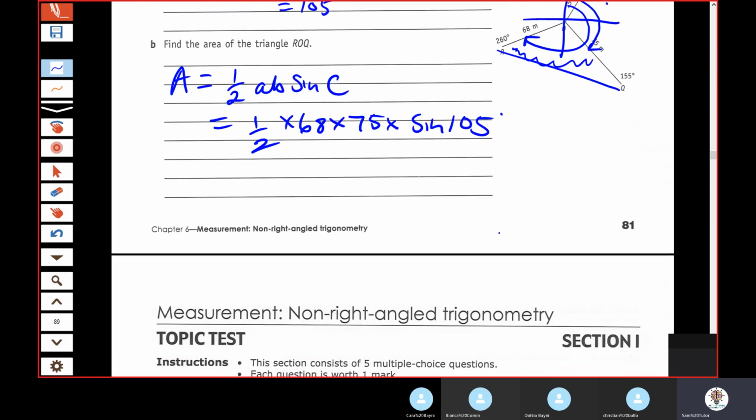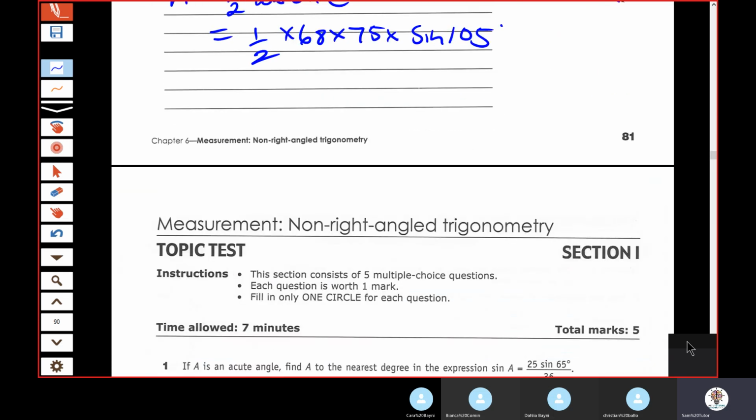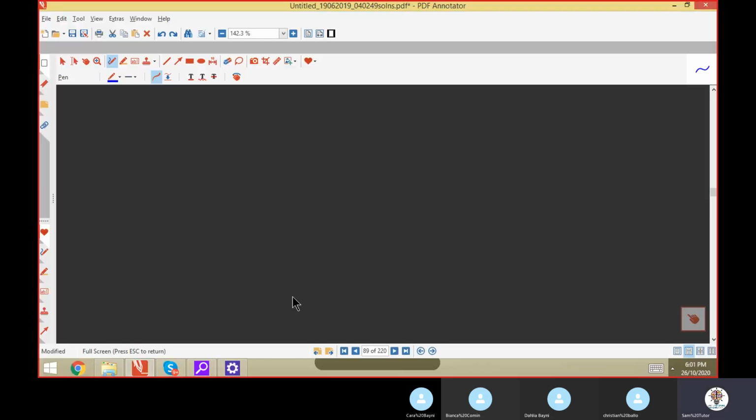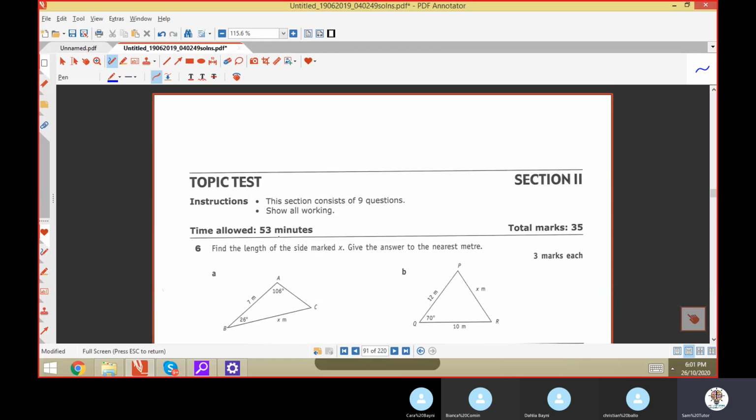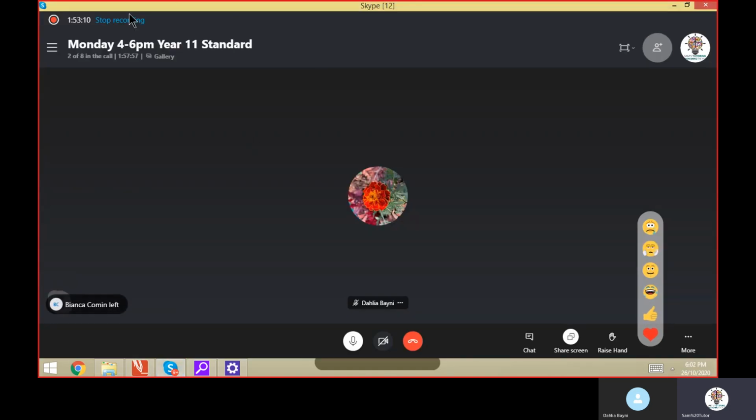All right, we'll wrap it up. Trig is done. Next week we'll revise. I was hoping to today, but next week we're going to revise trig and simultaneous equations, which was our first lesson. And then the week after, it looks like we're going to be doing finance. We'll start finance. So that's the plan. All right, if you guys have any questions,